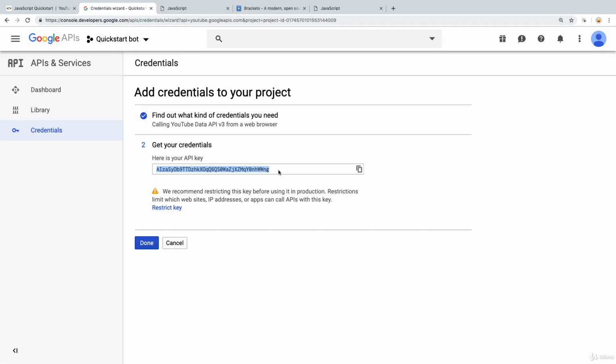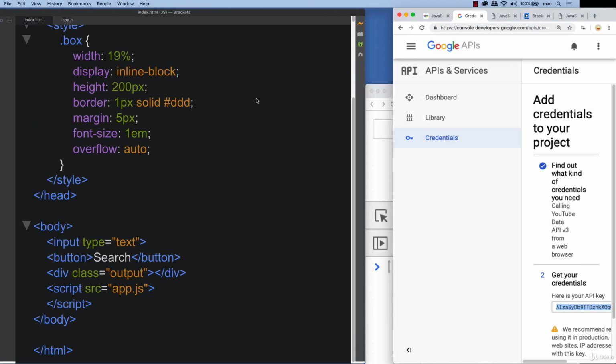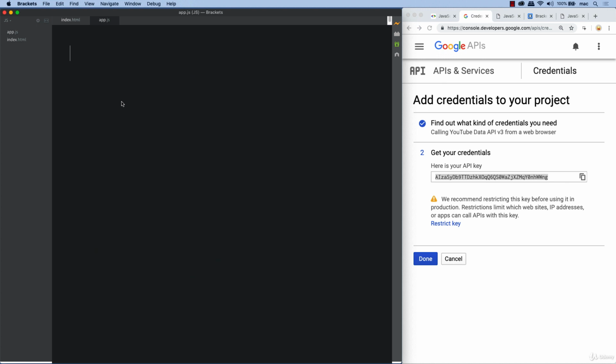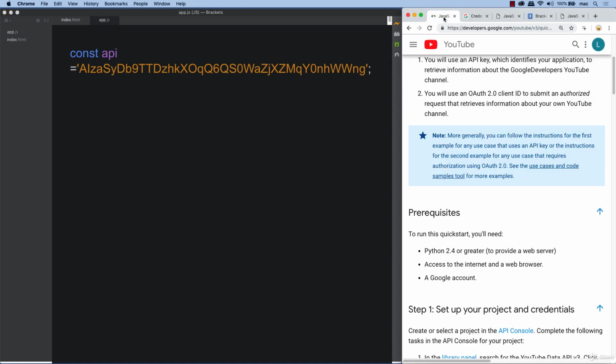So the way that I usually do this is once I get the API, once it's been generated, I go back to my project and I go into the project, and then this is where I can set up a variable where you can call it API or API key, whatever you want to call it, and simply copy and paste it into your project, and you're going to be ready to start using it in order to make those requests. So that's it, and you're ready to move on to the next lesson